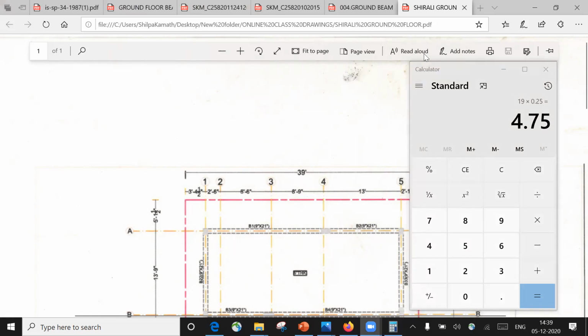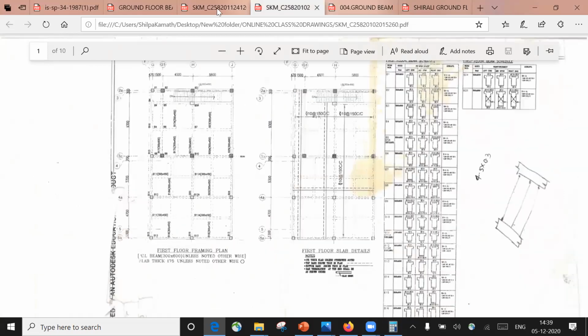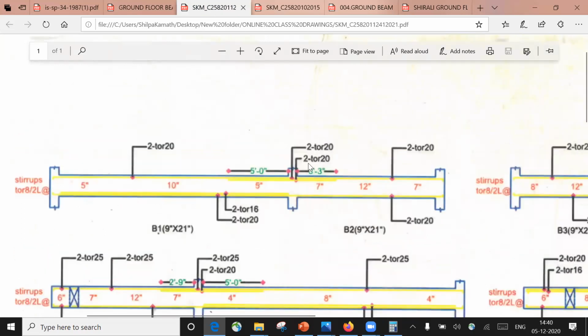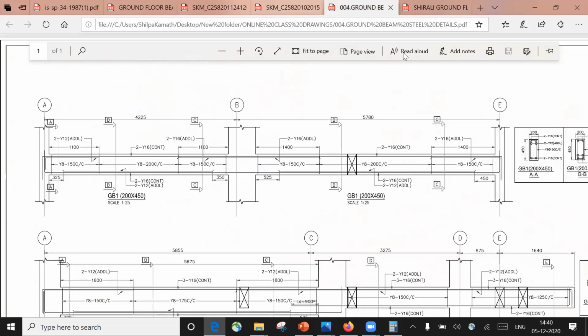That is why in the drawing you can see 5 feet is mentioned, because the engineer, to be on the safer side, has increased it by another 25 mm, I guess. So that is why it comes out to be 5 feet. If you want, you can do even this calculation. The extra length you have to provide is 3 feet 3 inches. We'll see the distance between this column and this column. We'll go back to that drawing again.